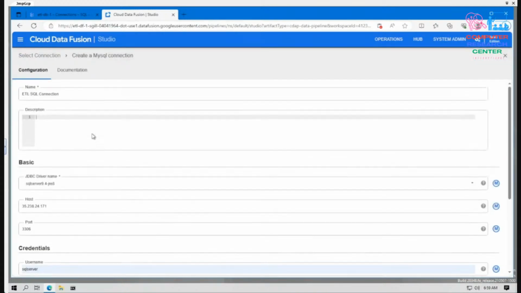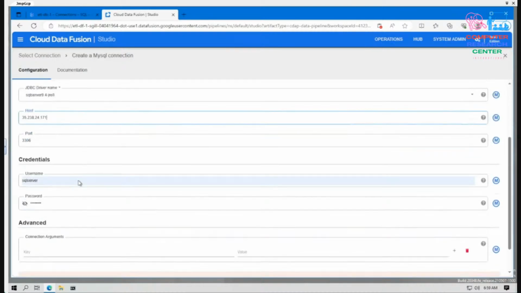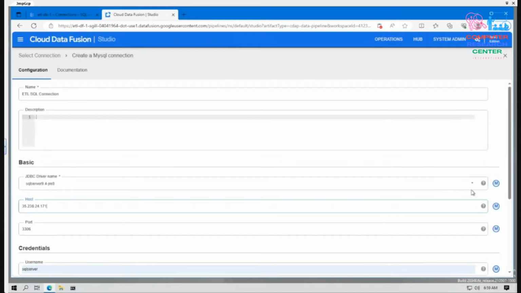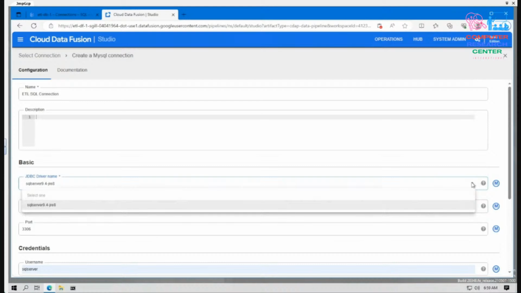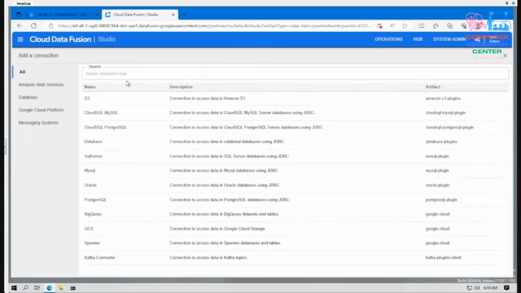So the name is, the description is like that, and then this is our SQL Server and advanced connection key. Okay, so let us go and find out why it is. We are selecting SQL Server 9 and create. Oh well, this is not MySQL, so this is going to be